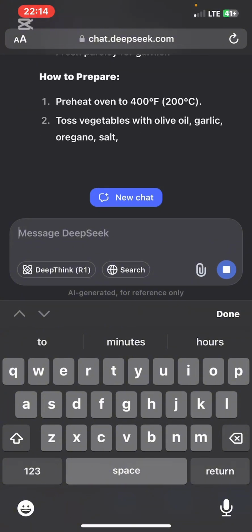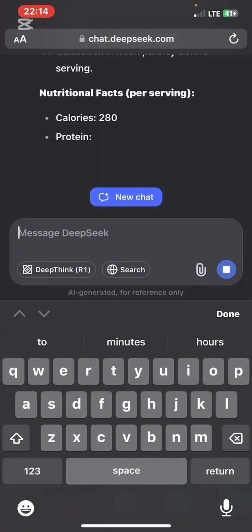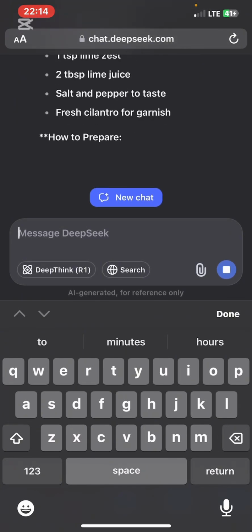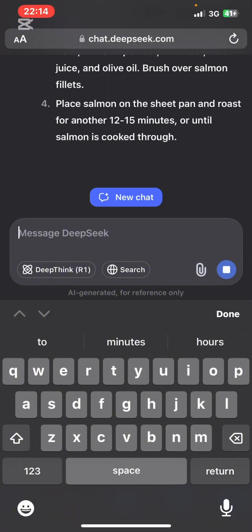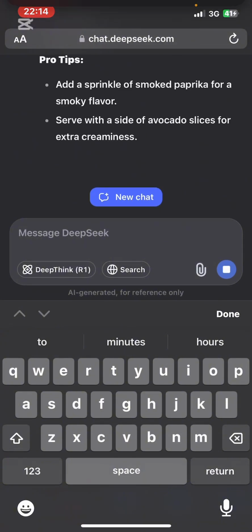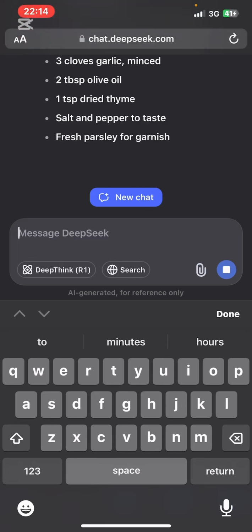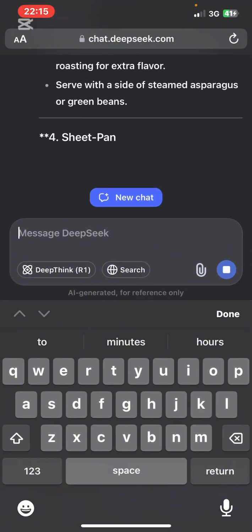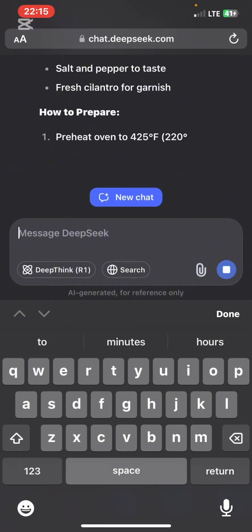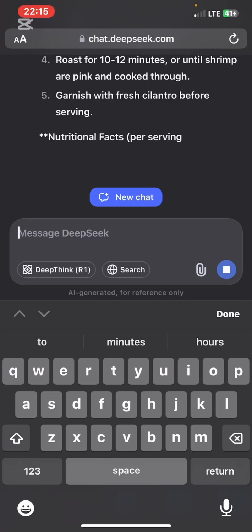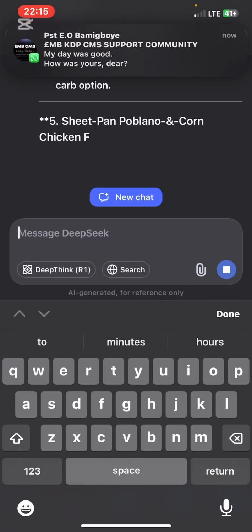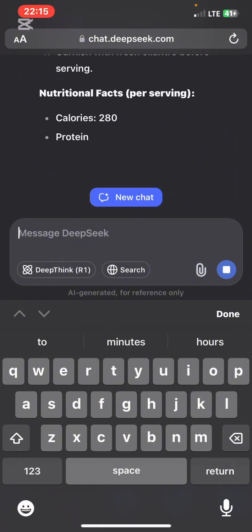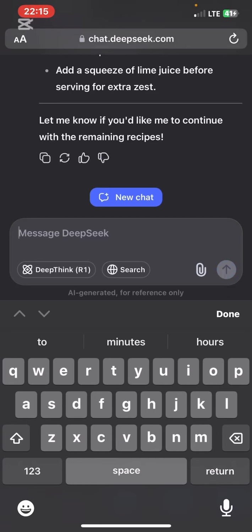You see that there is actually not much difference between Deepseek and ChatGPT. But I'm sure when you are using a different kind of model, it's actually going to be different. Okay? So you can see now it has generated a recipe for us,